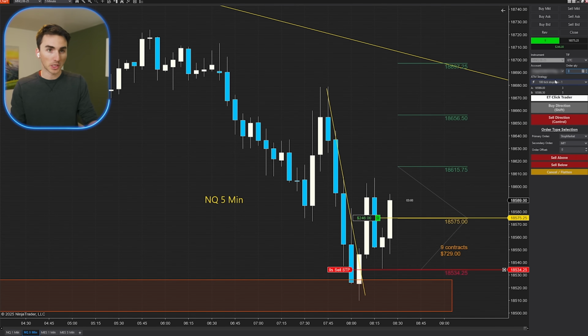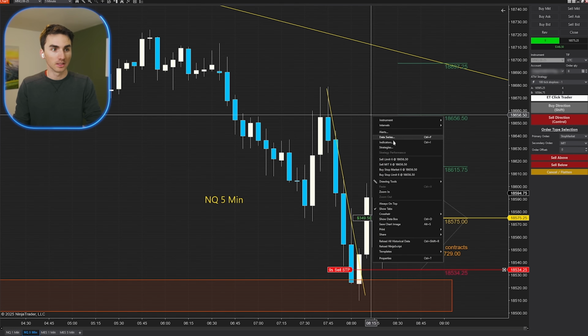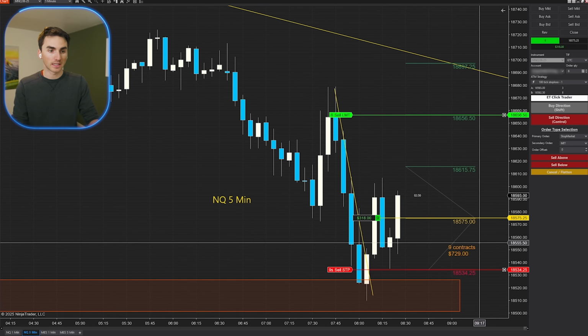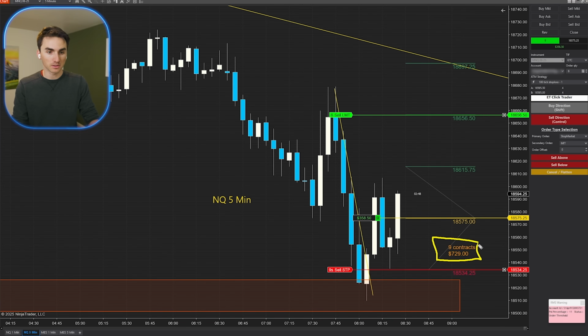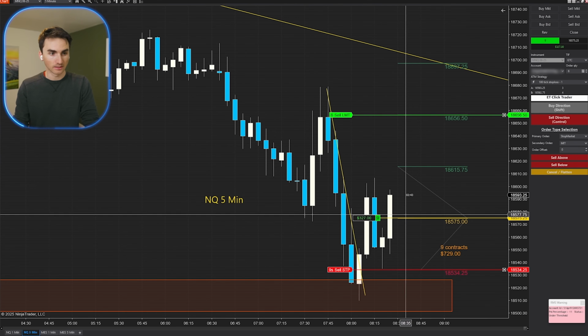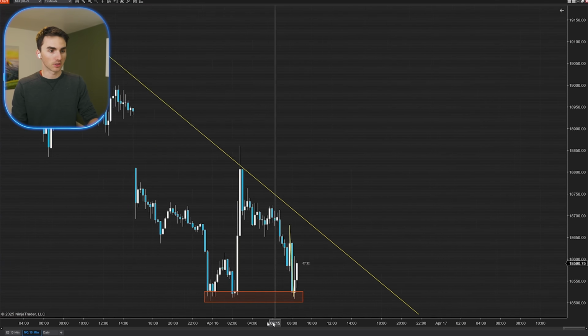I have 9 contracts here. I'm going to take off, I think, 2/3. This market's kind of choppy, so I'm literally just going to put a sell limit here at 2/3. My risk right now is about $730 for these, and so I'm going to take off 2/3 of my trade at that. The idea is, okay, big picture wise, looking at the NASDAQ here on a 15-minute